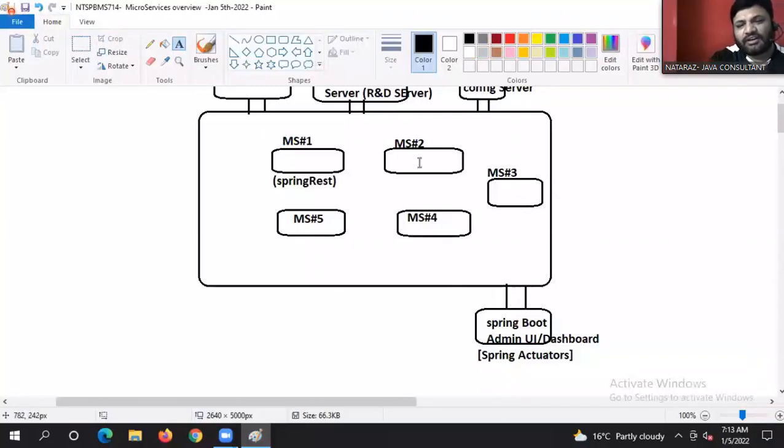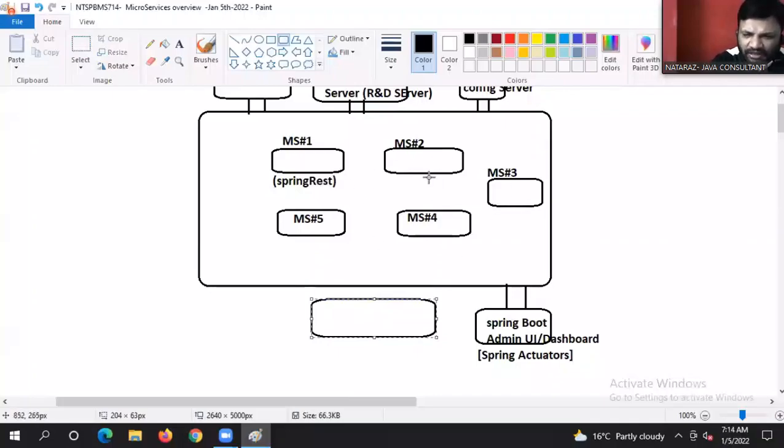Now listen. A lot of microservices are there, so we need to perform logging activities and auditing activities on all microservices together. Because one microservice is one application, right? So we need to perform distributed tracing and logging.